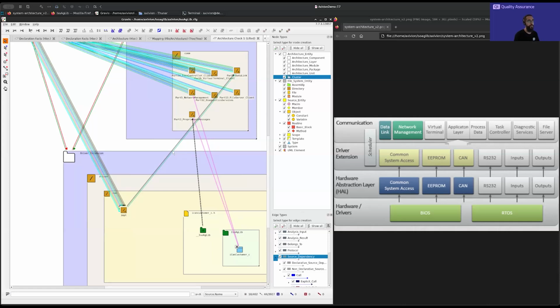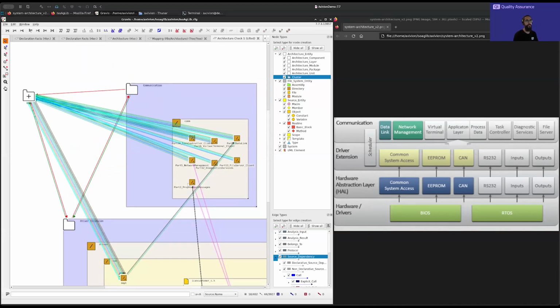That might be now, as I've said on the slides, that might be a violation. It might be a misqualification. It might just be that this part of the software doesn't belong to the drivers. Maybe it belongs up here to the communication layer. So maybe I misqualified something. The important part is